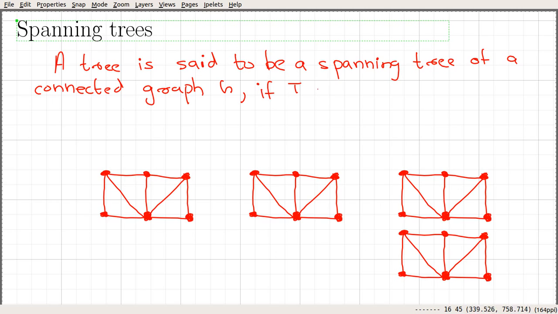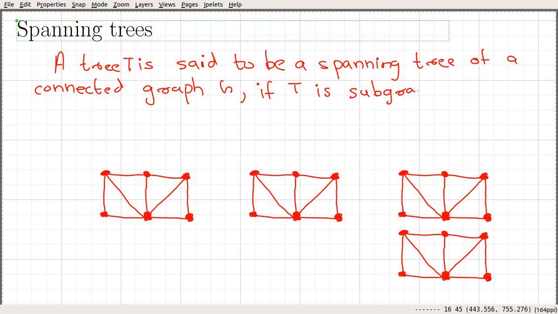Okay, so if T is a subgraph, let's call this tree T. So a tree T is said to be a spanning tree of a connected graph G if T is a